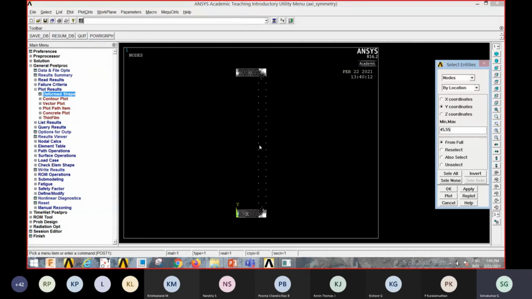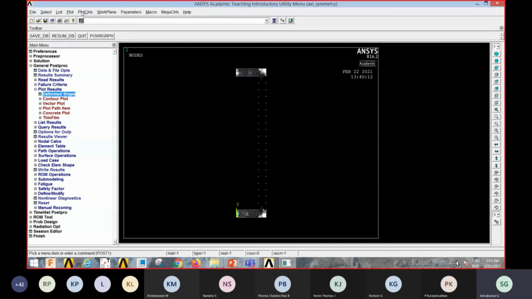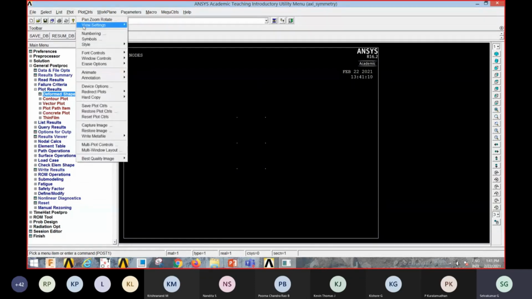What are all the nodes that exist and their stress values, I am interested in. So I am giving 45 comma 55. You look at it here, it is y coordinates. Click OK. Now plot nodes. Now you can see only 6 nodes are visible. You can see the node numbering also.